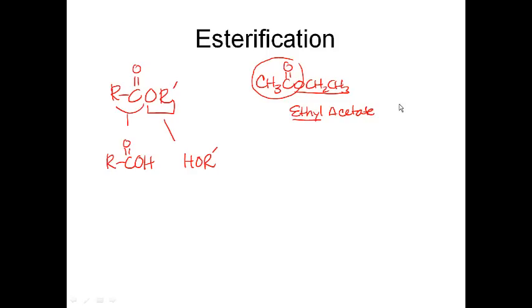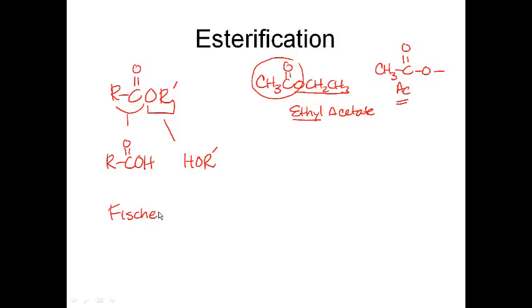And we've seen in one of the previous lectures that this can be abbreviated as an acetate group, because it is. So esters can be thought of as a carboxylic acid part and an alcohol part. That's basically because